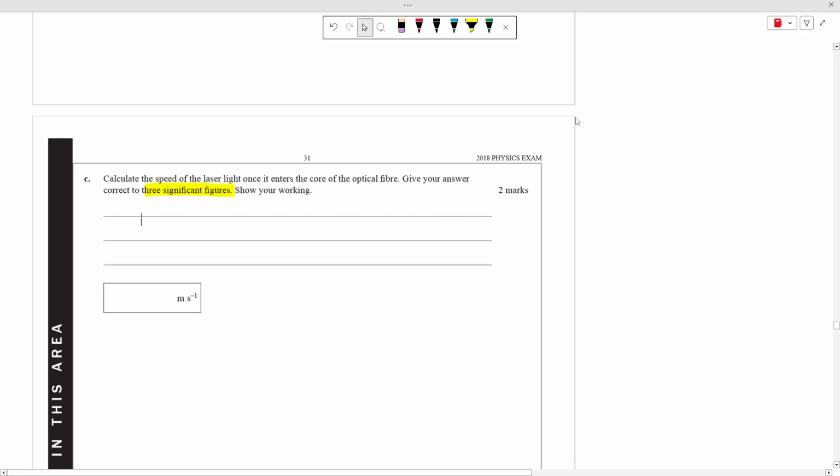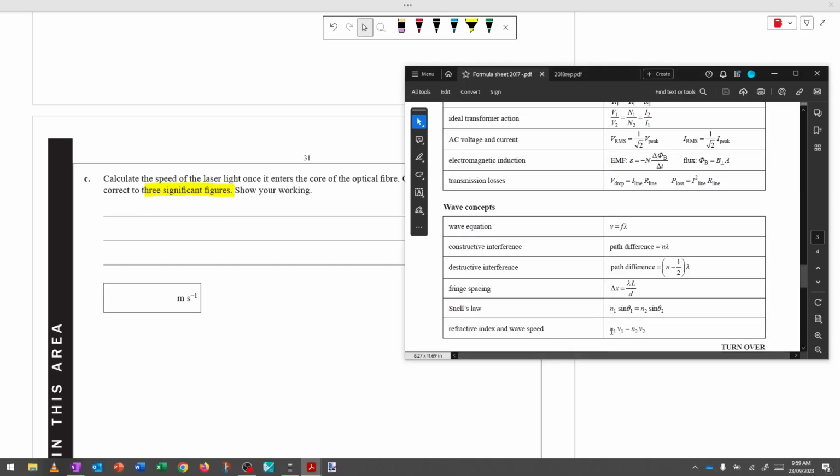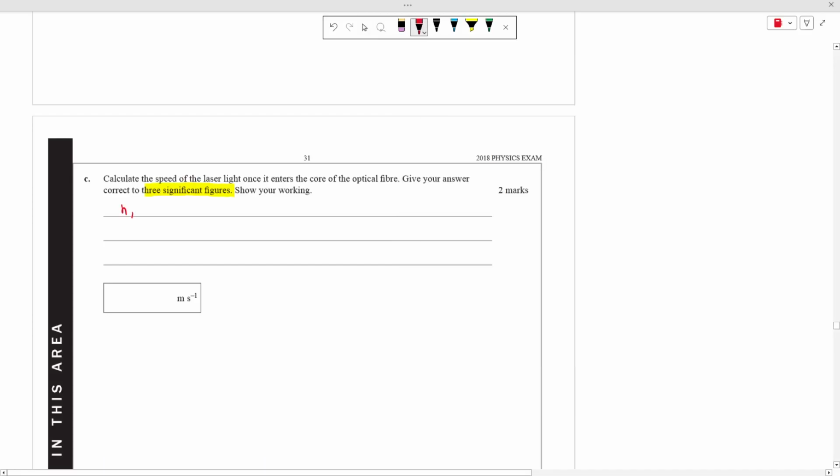The speed of light does change depending on the medium you're going through. And once again, that comes from your formula sheet here, which is the other version of Snell's law, I guess, which relates the refractive indices with the speeds of light in those mediums. So n1 v1 equals n2 v2, so that's all we've got to write down. Okay, we're calculating v2 once we enter the core of the optical fiber, which is just n1 v1 over n2,